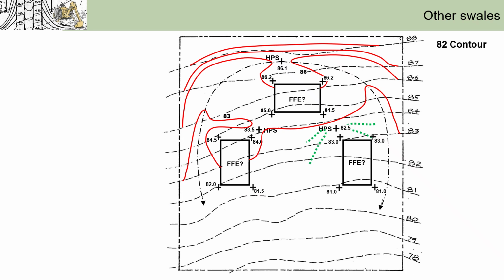Next, we move forward to the 82 contour that forms the small swale on the right. So similarly, this portion of the 82 contour forms the small swale here. Then this portion forms the big swale on the right. Now we move back to the left. This portion again forms the large swale, and the last part helps to form the swale, the smaller one, on